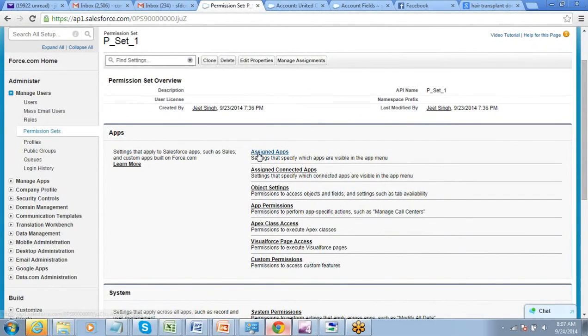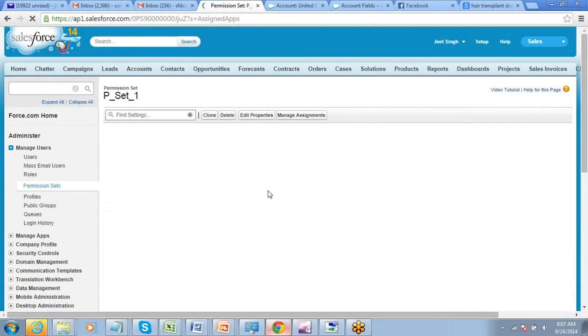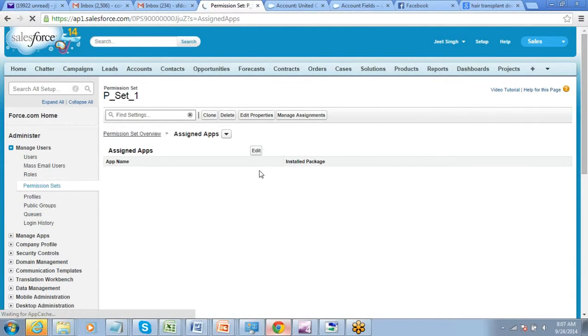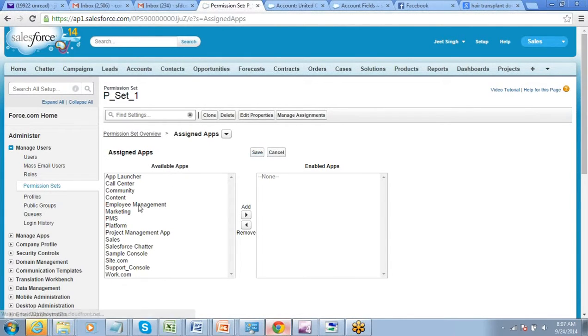For example, assign a few apps or object settings. Let's say you want to add a few apps in this permission set. So if this permission is for the marketing app and sales app, save it. These are the two permissions that we have given in this permission set.